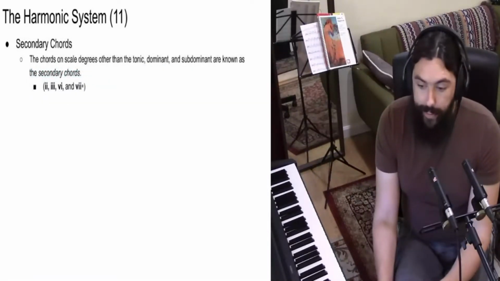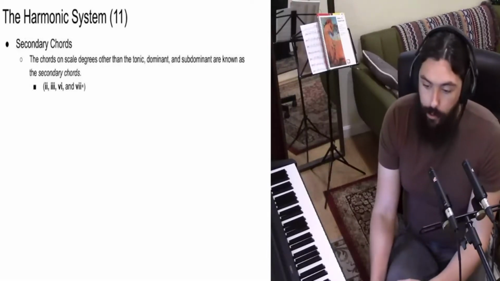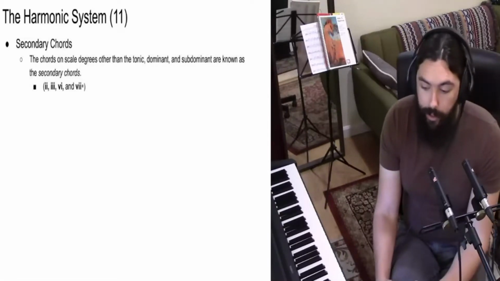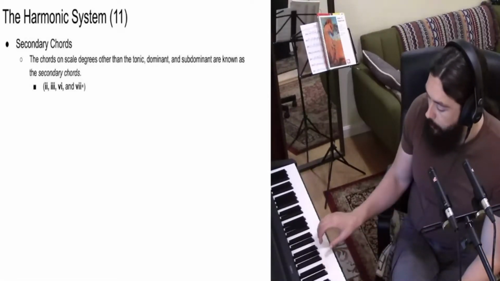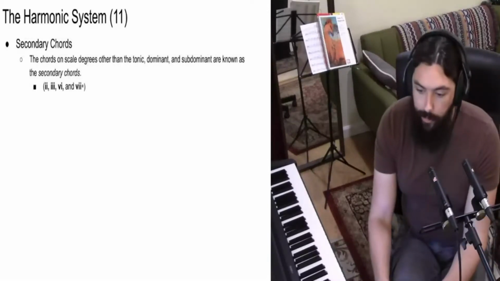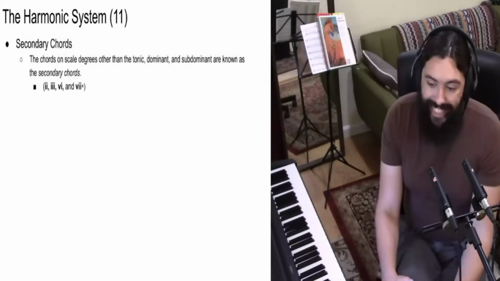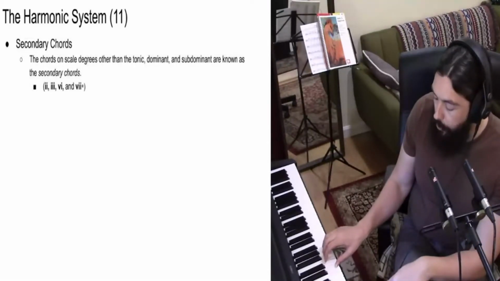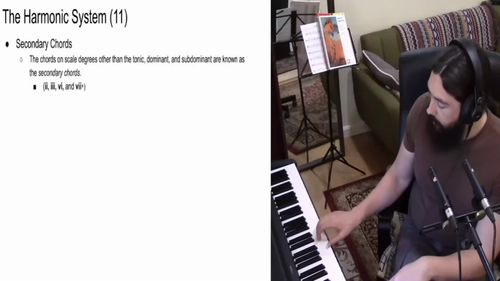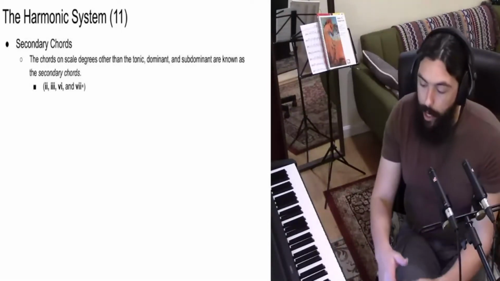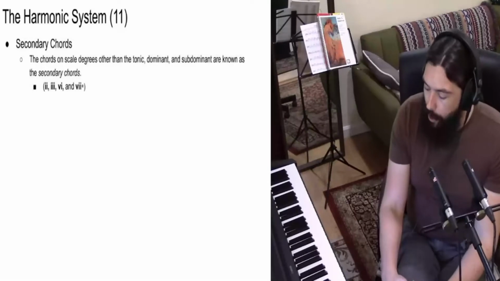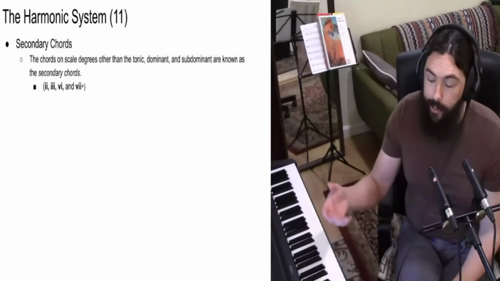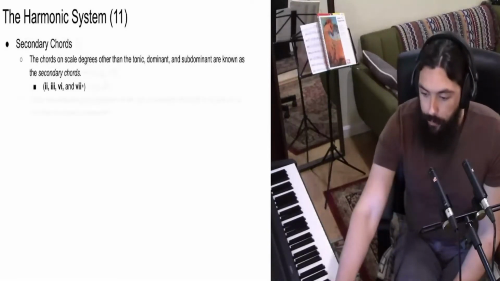So let's talk about secondary chords. So the chords on scale degrees other than the tonic, dominant, and subdominant, right? 1, 5, or 4, are known as the secondary chords. So in other words, the secondary chords are your 2, 3, 6, and diminished 7 chords, okay? So you got your primary chords, 1, 4, and 5, secondary chords, 2, 3, 6, and 7 on those scale